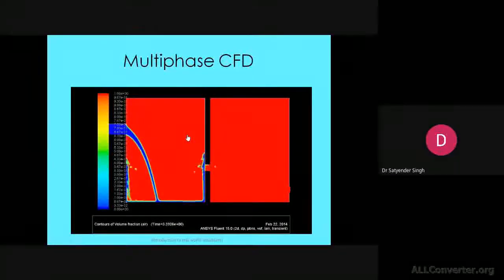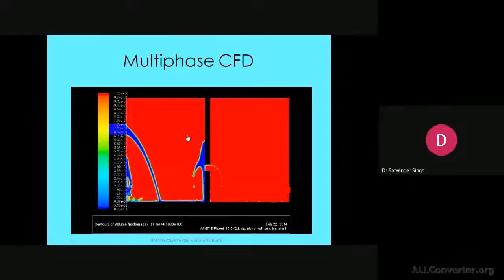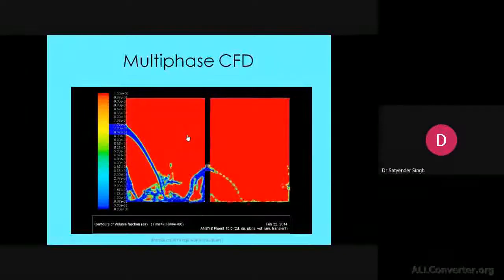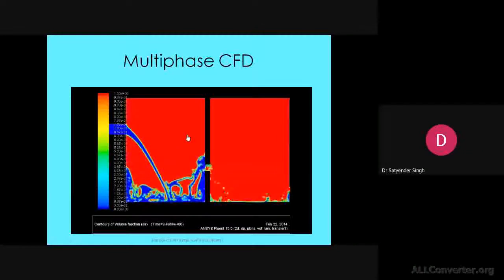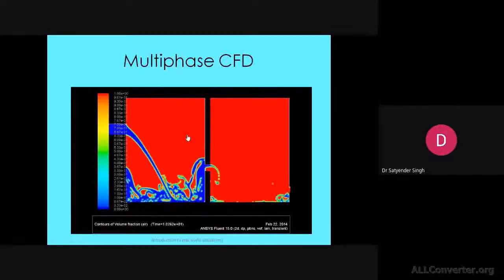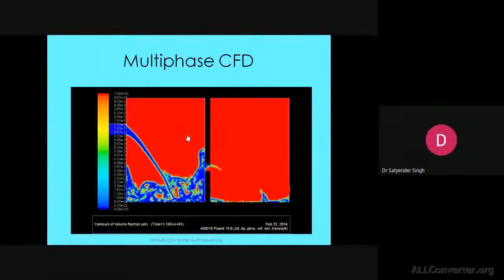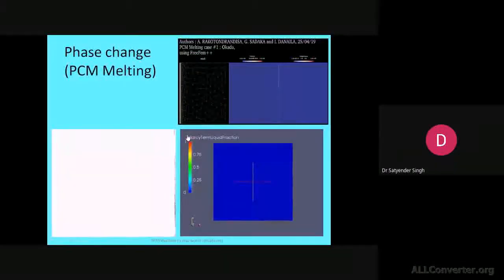So if we have the information of the field, then how much time it will take to fill the tank, or which of the area will have more drag due to the fluid flow or mixing of the fluid, and it can also provide us with many time-optimal results. We can change the designs accordingly. So another area where it is fully applicable is phase change.